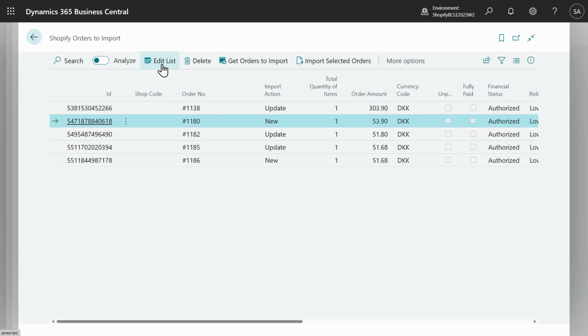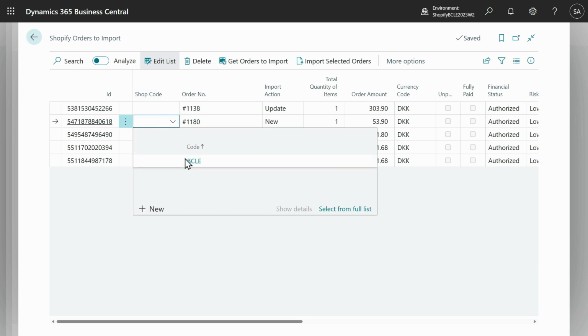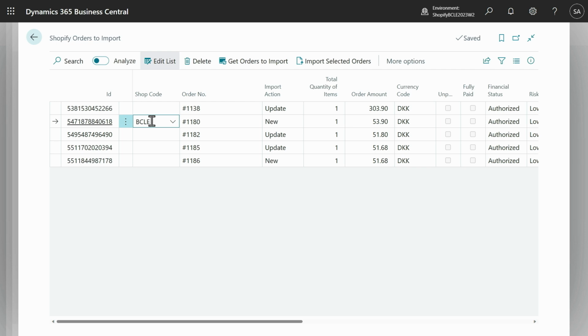Now I can select the shop. You know that it's possible to connect multiple Business Central Shopify shop cards to a single Shopify account. For which reason? Probably because you are parsing the orders differently, based, for example, on tags or something else. That's why I need to instruct into which shop I'm going to import this specific order, and then I will press import selected orders. So here the import process was very fast and simple.